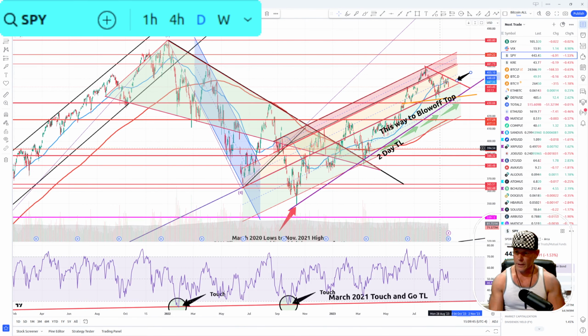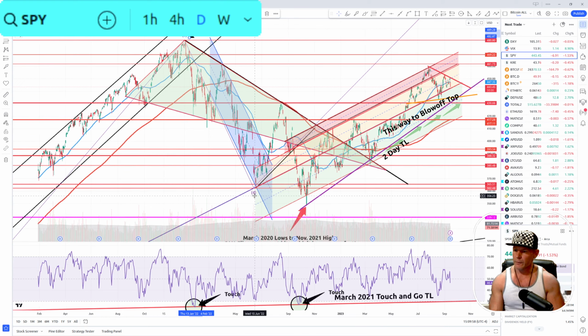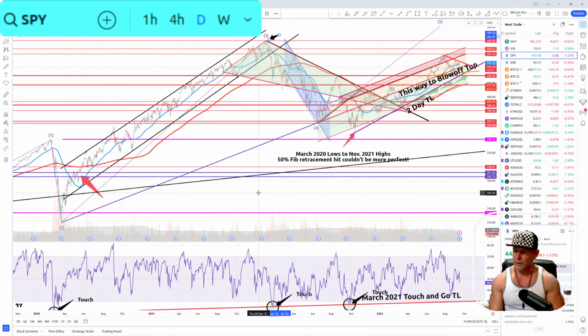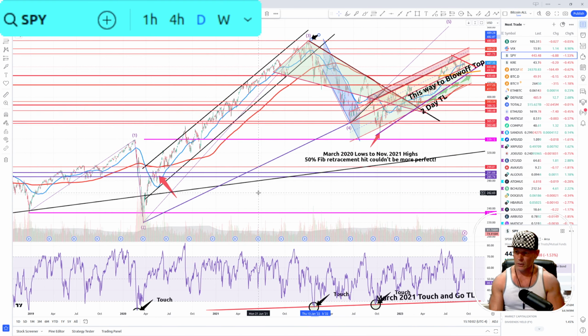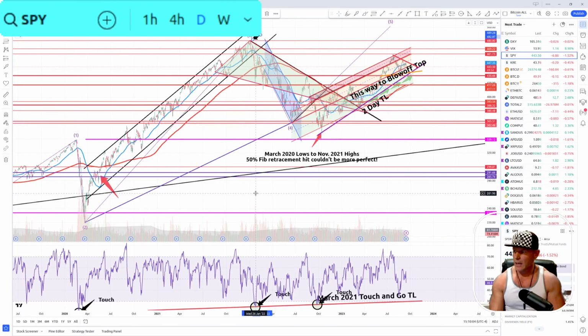Okay, so you can see here on our chart that the previous high on the SPY was 480, and that was the top of Elliott wave number 3. We came down, that was wave number 4. Wave number 5, if I can zoom out here, is generally longer and more extended, kind of like wave 1, and I expect that to take us to 500 to 600 on the SPY before the market catches up to